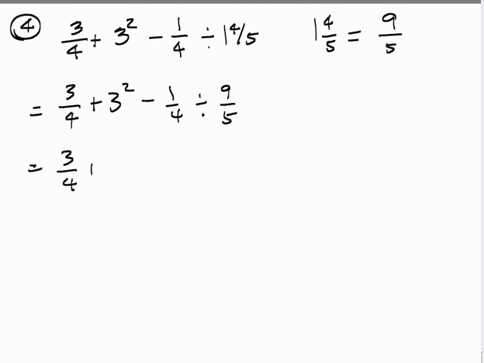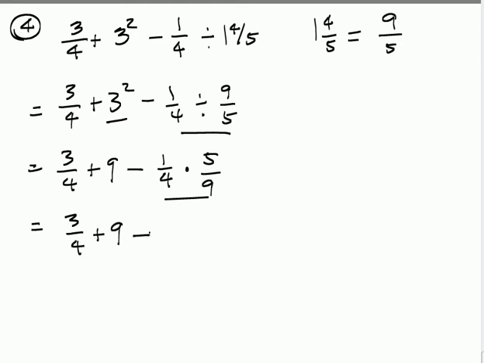Exponent: 3/4 plus 9 minus 1/4 times 5/9. I did two things at once. I hope that's okay with you guys. So now we've got to do this. 3/4 plus 9 minus, when we multiply, nothing cancels. I'm going to assume you can see that. We would get